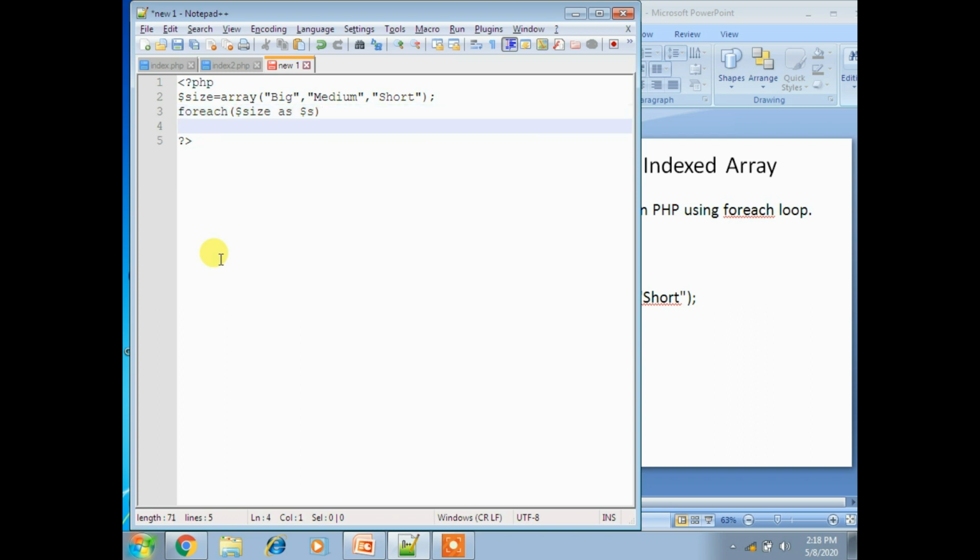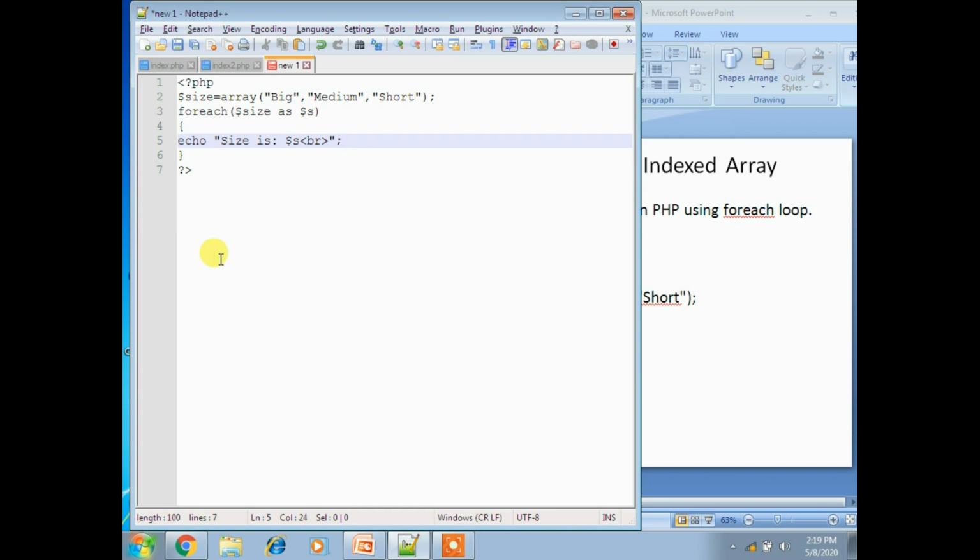Okay, now here print echo, that is echo in quotation, the value size is $s. Okay, so now each and every time it will check the value and it will print,